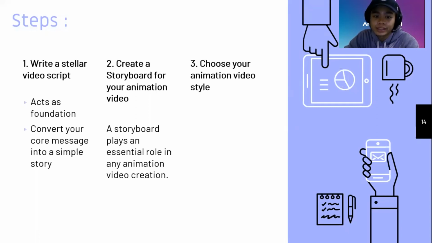And the next step is step number 3, which is to choose your animation style for the video. As for our program, we are strictly focused on 2D animation videos. Since there are many types of animation, in this particular program we are going to do this 2D animation style, as the main topic of our program is focused on 2D animation types of videos. And then